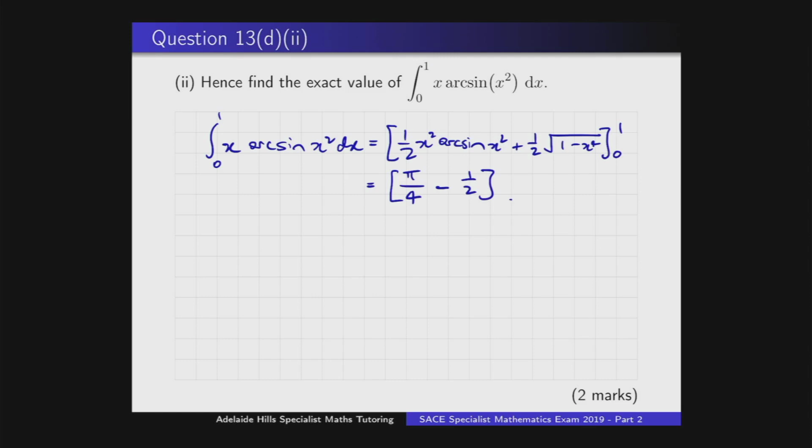So they're the two endpoints. The integrand evaluated at those two endpoints. Oh, sorry, not the integrand, the indefinite integral. And if we want to put those over a common denominator, we've got to multiply the second term top and bottom by 2. And so we get pi minus 2 all over 4. Okay, and that's basically it. So that's question 13